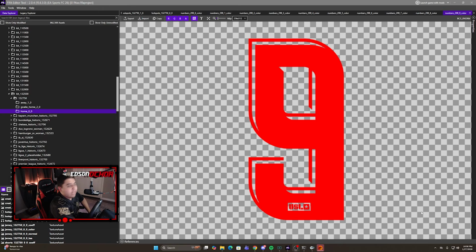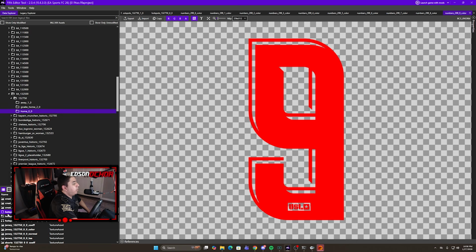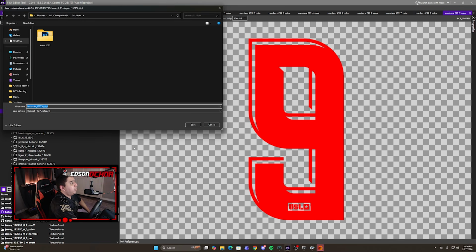As I mentioned a little while ago, we still need to edit the hotspot locations for the name and the number for all 3 kits, home, away, and goalkeeper, so that they could be aligned a little bit better in the actual jersey, or in the actual uniform. Now, in order to do so, we're gonna have to go back into FIFA editor. We're gonna go to one of the folders, so we'll go with the home, and we're going to find the hotspot data file. We're gonna right click and we're gonna export it,